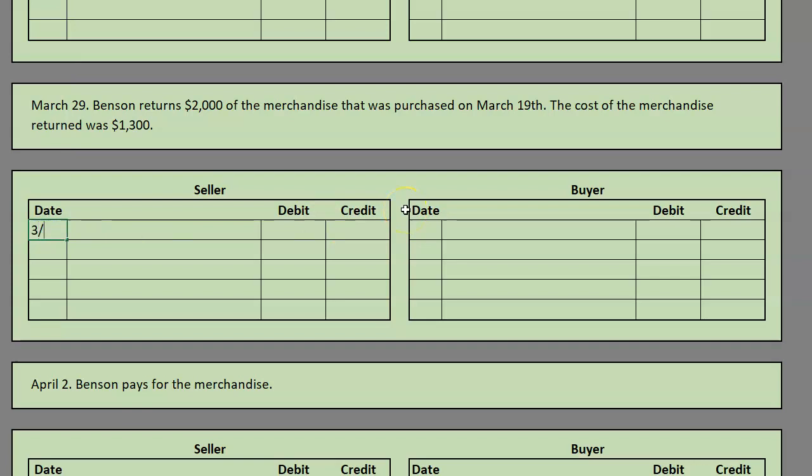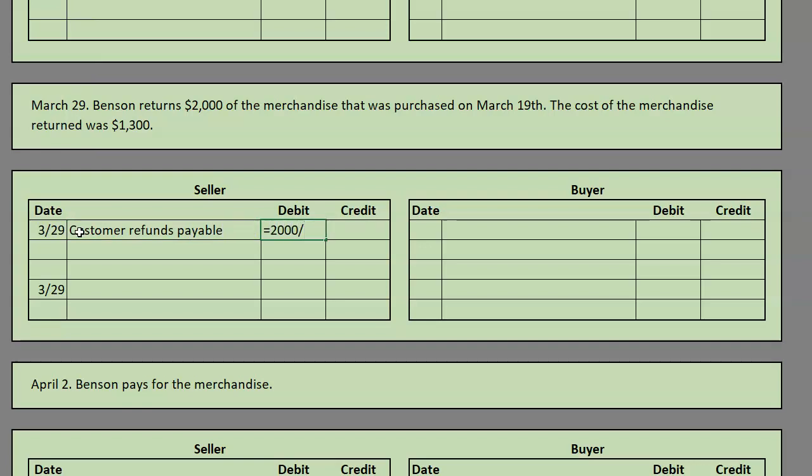Now it tells us here that on March 29th, the buyer is returning $2,000 of the merchandise that was previously purchased. The cost of the merchandise returned was $1,300. So remember, when we are doing these returns, we're going to be taking out of those bucket accounts, customer refunds payable,